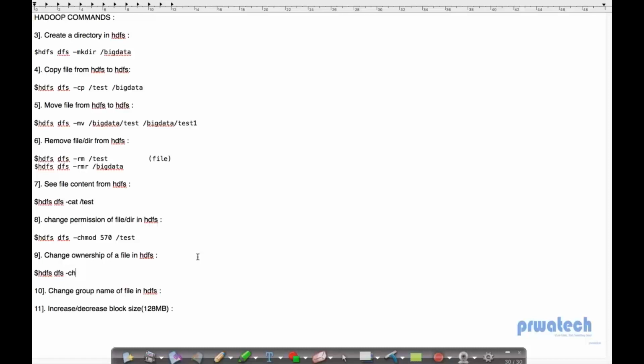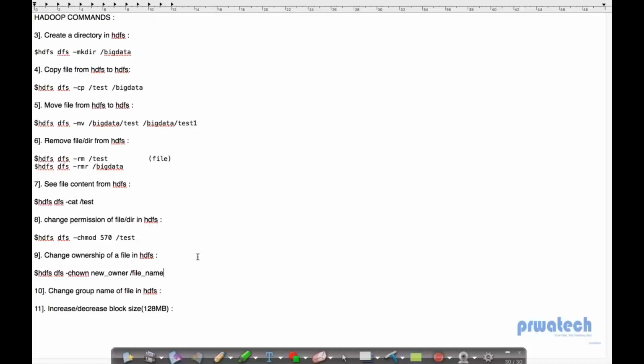HDFS DFS minus chown, change ownership, and give your new owner name. Then give your new owner name and file name, for which file or directory you want to define